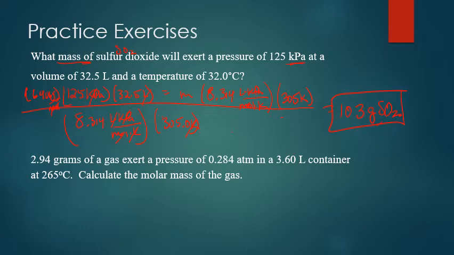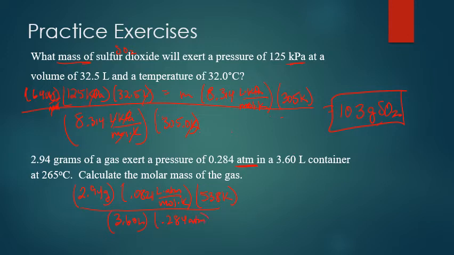So for this problem, again, I have my little mass, 2.94 grams. We're going to multiply that times 0.0821. Again, since I have atmospheres as my pressure unit, I have liter atmospheres per mole Kelvin. And I also have the temperature, 265 plus the 273. That will be equal to 538 Kelvin. And I can now divide this by the 3.60 liters and by the pressure,